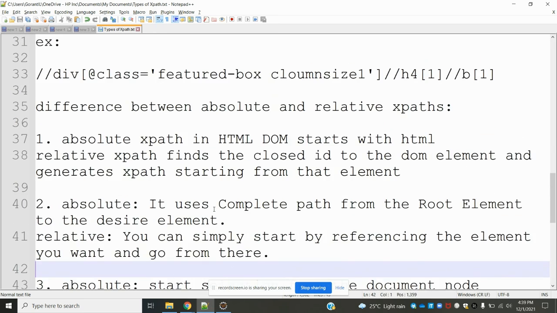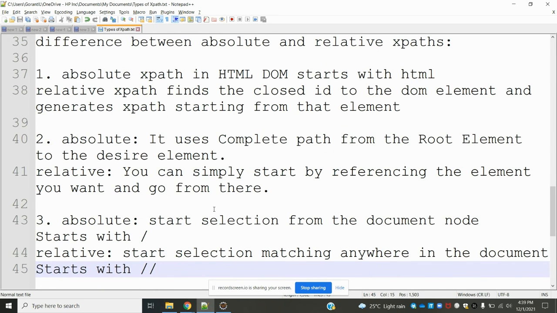And here are a few points of difference between absolute and relative. Absolute means we need to start from the root directory, the starting position of HTML. And relative locators start from the middle of the HTML DOM.